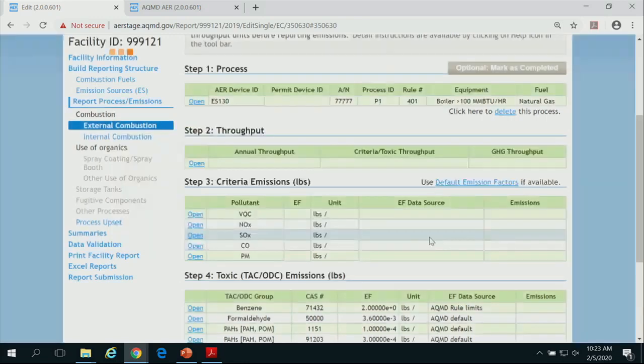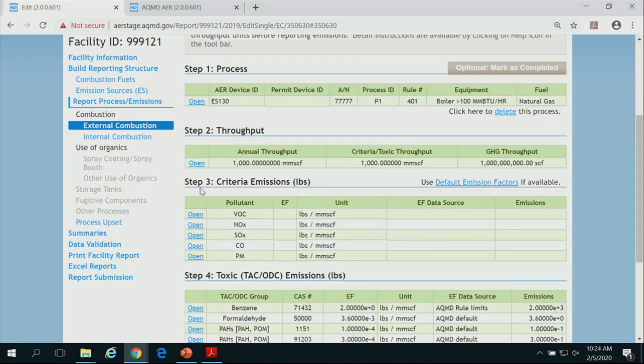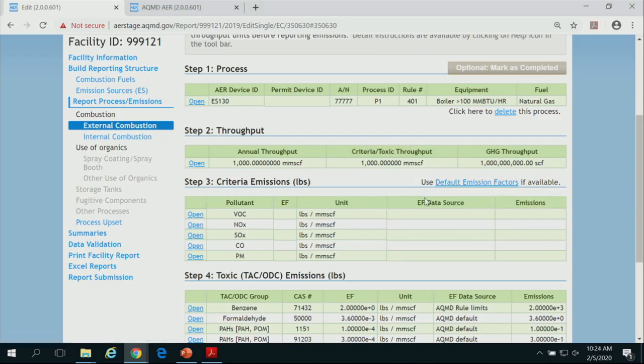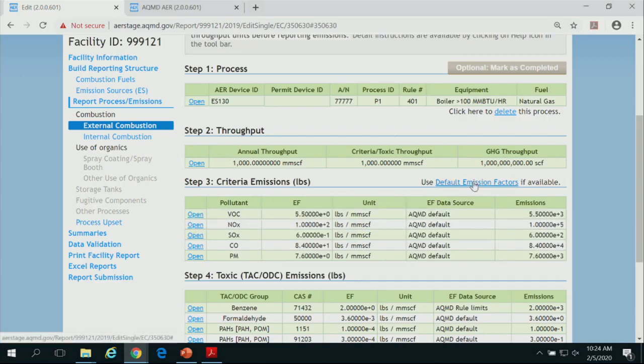For this example, if you would like to use default emission factors for the criteria emissions, it doesn't automatically populate them, because we know that usually on the criteria side, you may have more options. So we just don't want to fill out the blanks for you. But if you would like to use default, you click on the default and it populates it. If there are any default values in the system, it populates them. Again, the way I demonstrated the toxic, you can go to any of these and change that default.